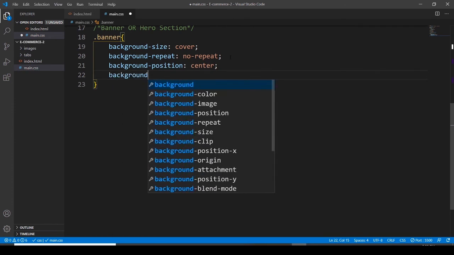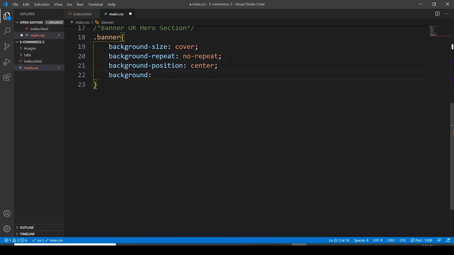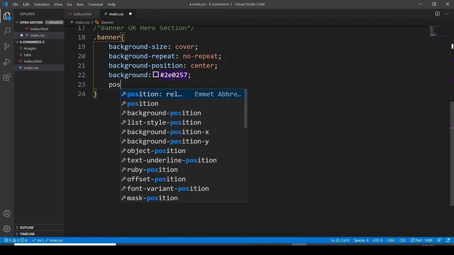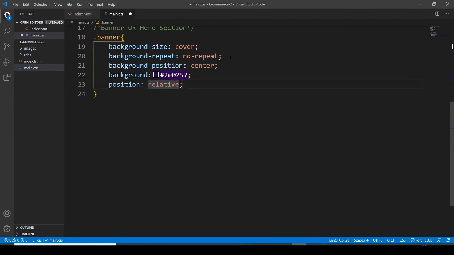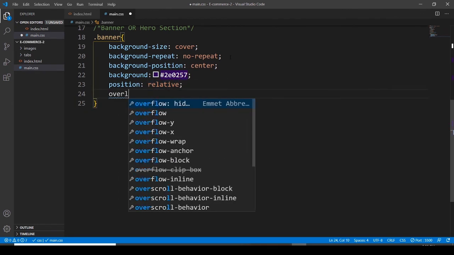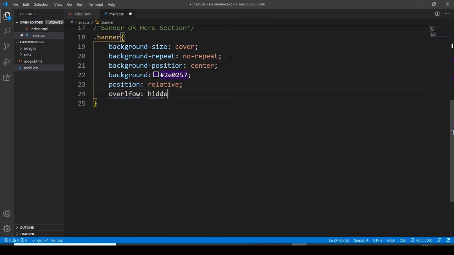Background color, and this time is again my theme color. Let's use the position, relative, and overflow hidden, and the wonderful spellings of my overflow,